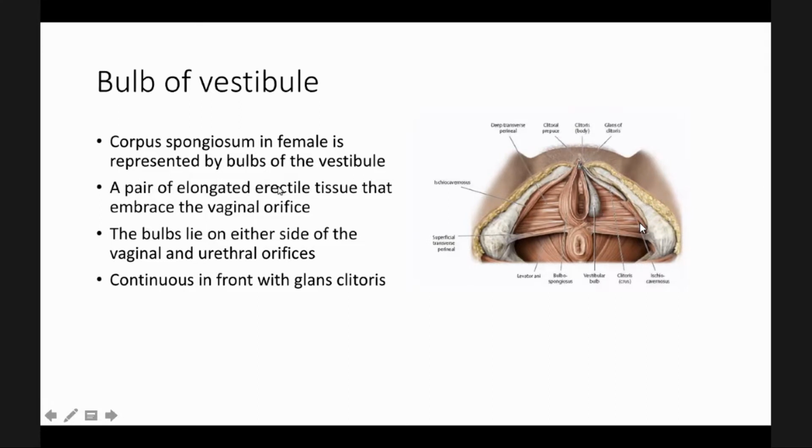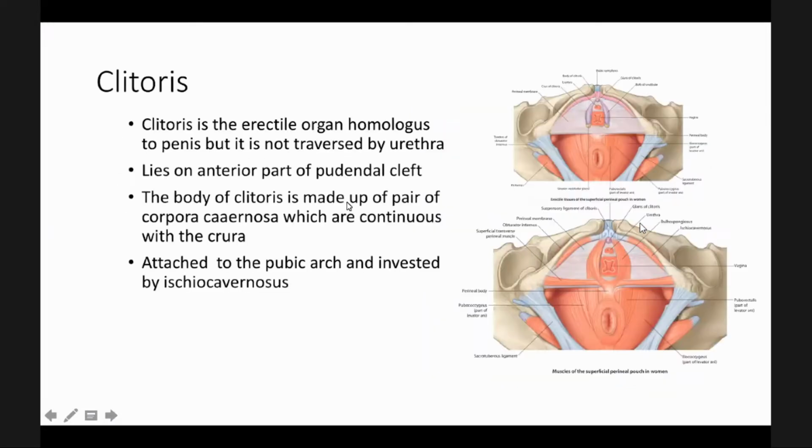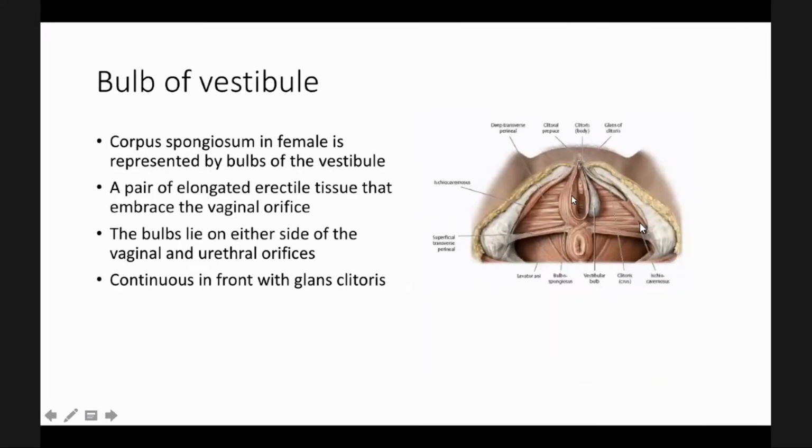It is a pair of elongated erectile tissue that embrace the orifice of the vagina as well as the urethra. Okay, this is the bulb of the